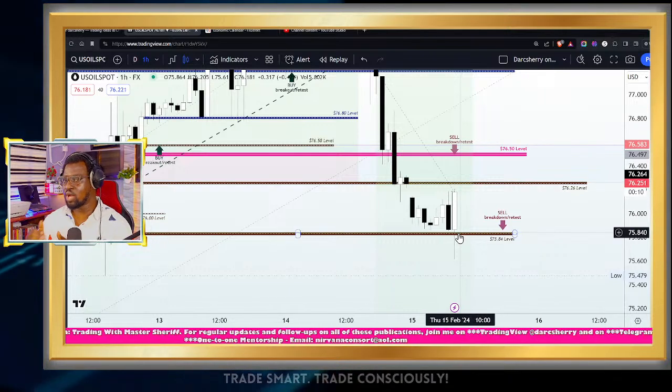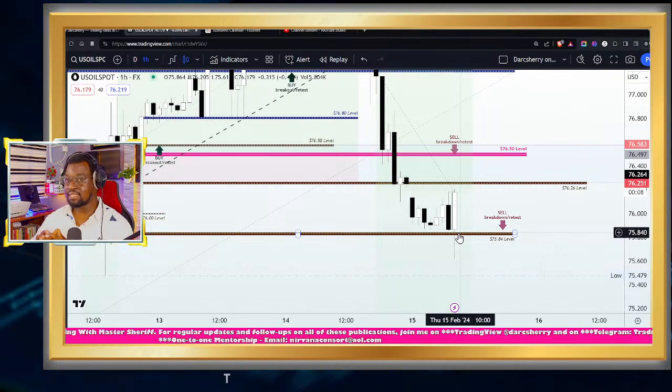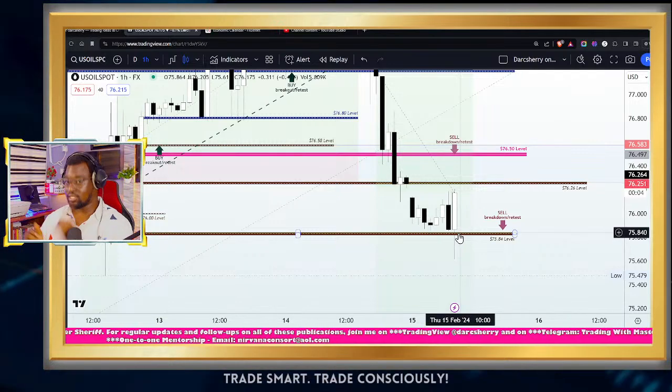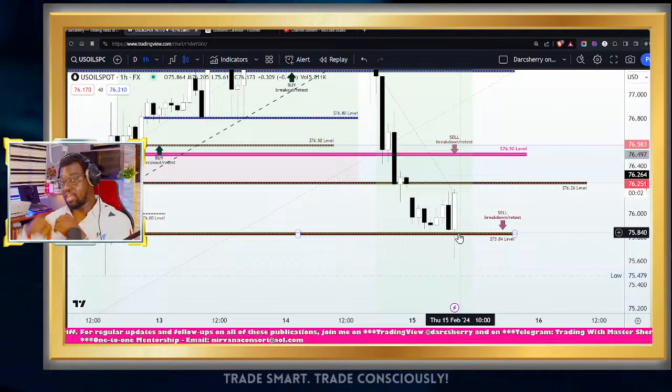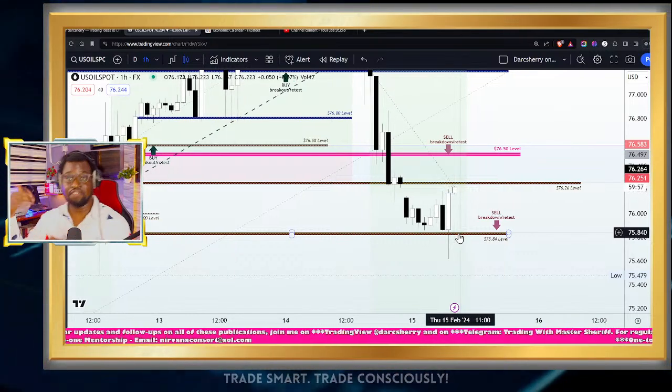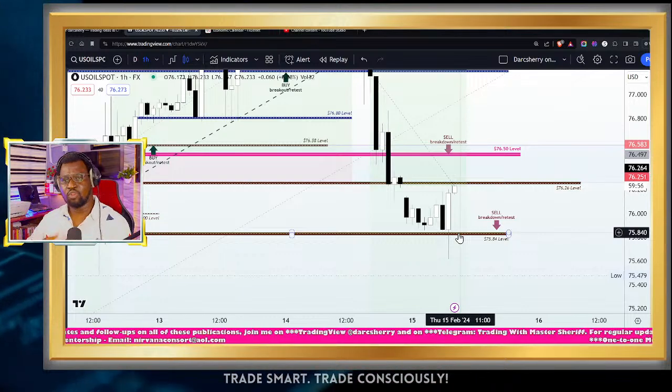So what this simply means is that since price still remains below the key level, let's still continue to look out for signs that sellers may come in at any point in time. So we shall be looking out for more structures that support the idea of selling. But if price goes ahead to break out of the $76.50 level, then I want to be considering buying.